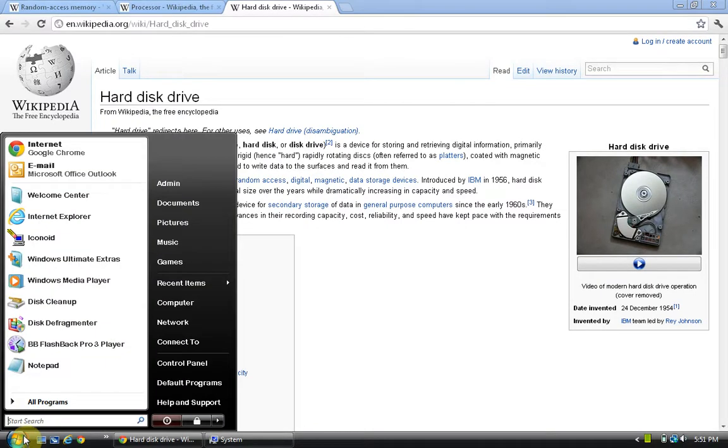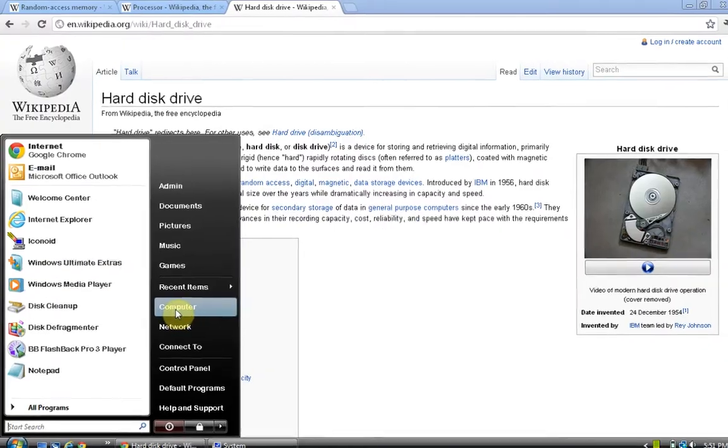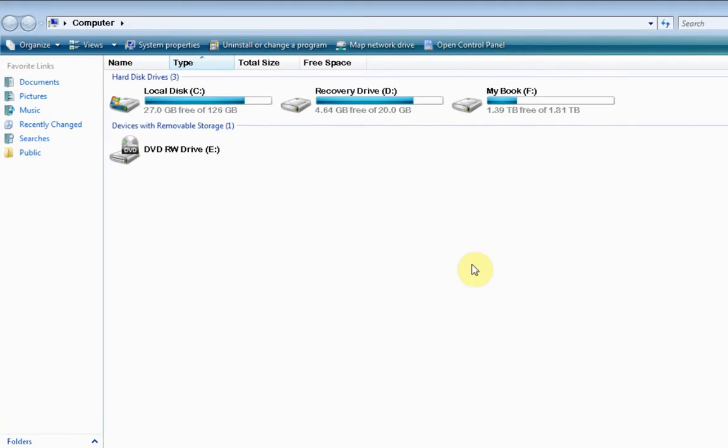If you click here and go up to computer again, double click on computer, and this is going to bring up all the hard disk drives that you are running. Your C drive is normally your primary drive. This is where your operating system of Windows is normally installed. It also has a recovery drive, and this right here is an external USB hard disk drive that I have